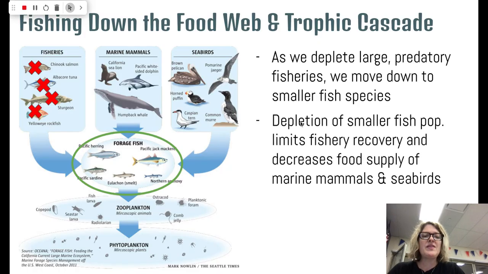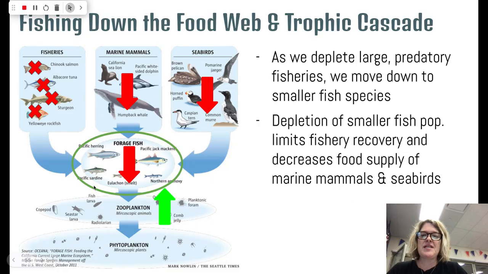So the other issue is now if we eat all of these fish and now we're fishing for these, we'll never see a recovery in these larger predatory fish because now we're fishing their food source, and what are they going to then eat? So that's a real problem. This, as you can see, would also impact all of the seabirds and all of the marine mammals as well. Okay, and so that's where that trophic cascade then occurs.